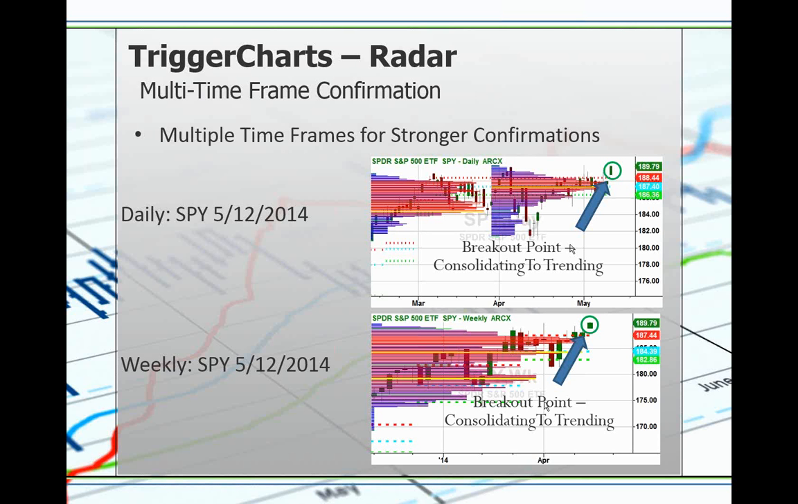Okay. Now let's look at a different one. We're looking at multiple time frame confirmations. So we're going to look at what it shows us when we are seeing this kind of scenario. On the top, we have the daily. On the bottom, we have weekly. This is on 5/12/2014. When we look at this, we want to find a confirmation level. So again, we're going to look at this first one, and when we look at the top here, we saw that there was a level of